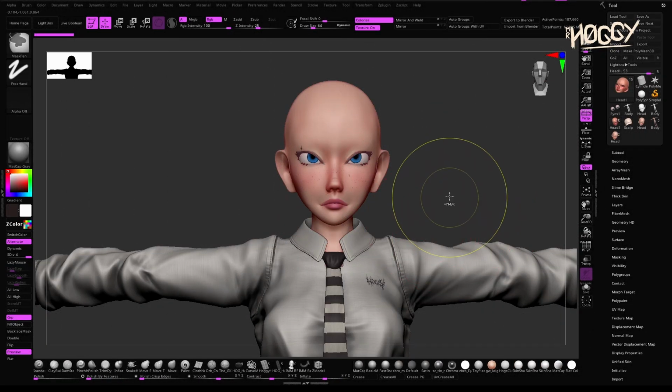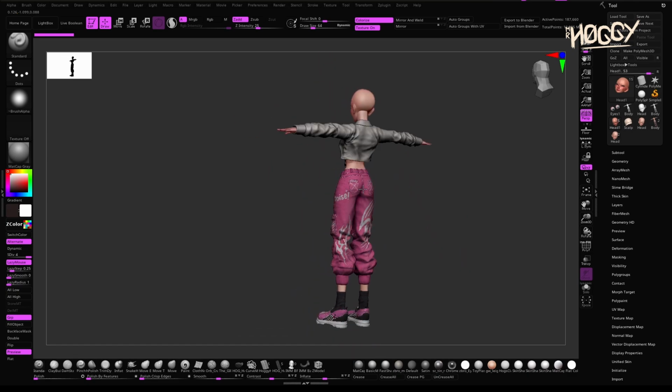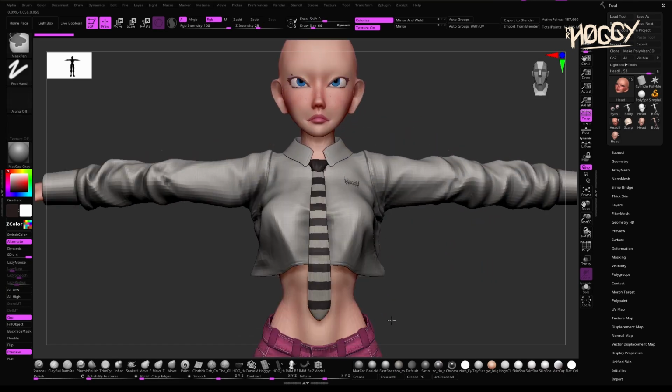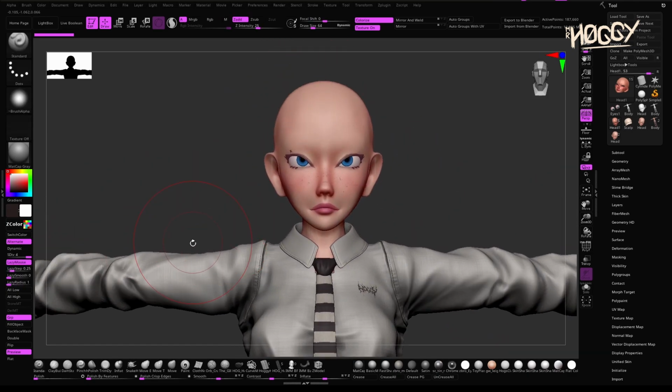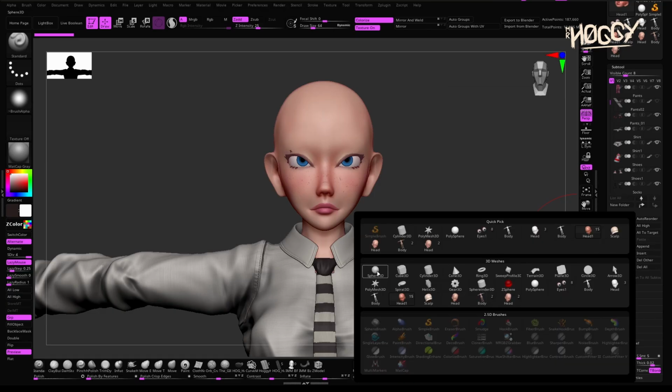Okay, so now I'm back to ZBrush. You can see I already have my model here, just the model itself and nothing fancy about it. So now we're going to actually put our new brush to use. So the first thing to keep in mind is that I'm going here to subtool, and I'm going to append a new mesh, because ZBrush doesn't really like insert brushes in meshes that already have subdivision in. So the thing I'll do is I'll click append, I'll append a sphere,